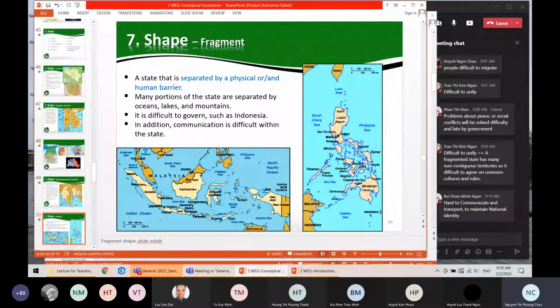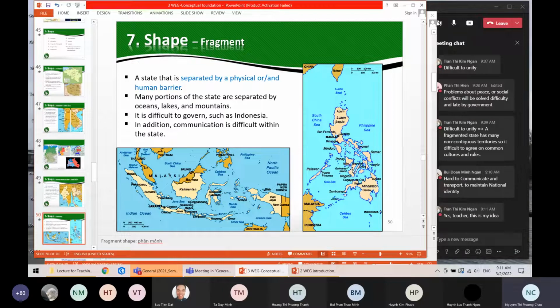It's like each area keeps its own culture and rules, right? They don't want to share, and they keep their own rules. Okay, if Kim Ngân mentioned that people in each part keep their own rules, it means they don't want to follow the government's rules, right? Something like that. We may think more about that.